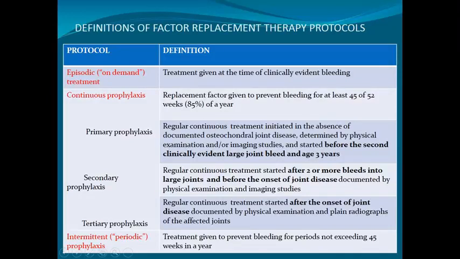The second type of prophylaxis is the intermittent or periodic prophylaxis. Treatment given to prevent bleeding for a period not exceeding 45 weeks in a year. If you are giving treatment or prophylaxis for more than 45 weeks in a year, it will be a continuous primary prophylaxis. It is a continuous prophylaxis. While if it is less than 45 weeks in a year, that will be the intermittent or periodic